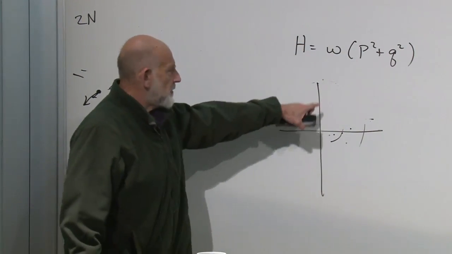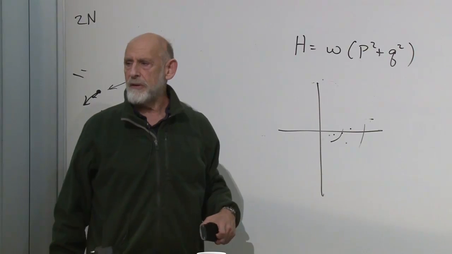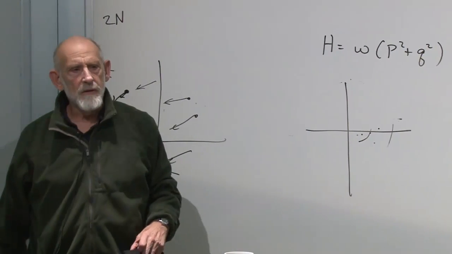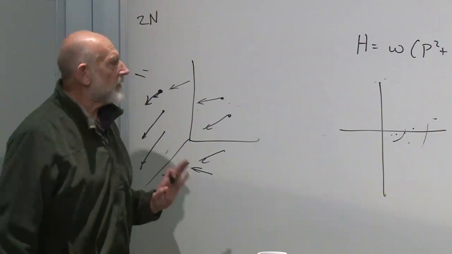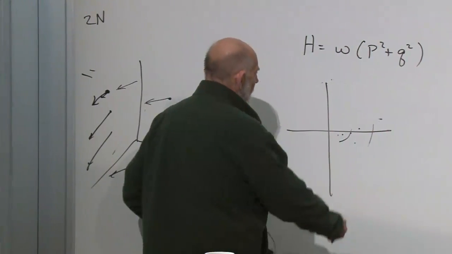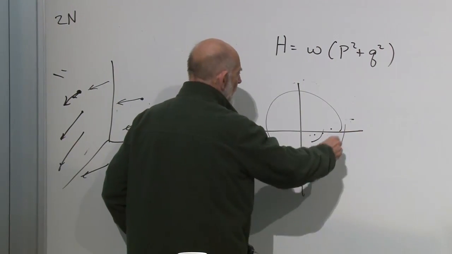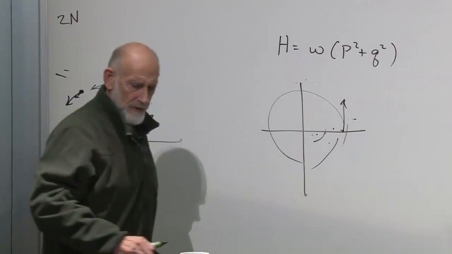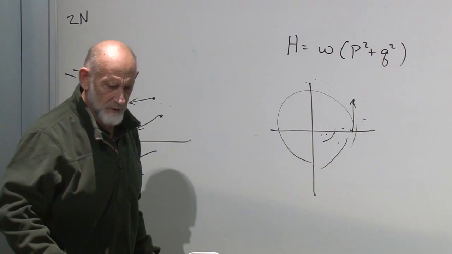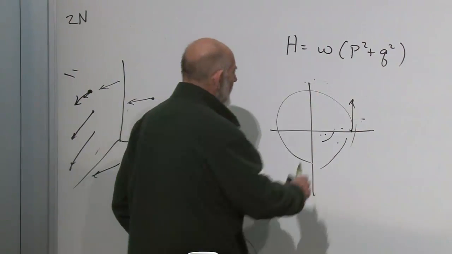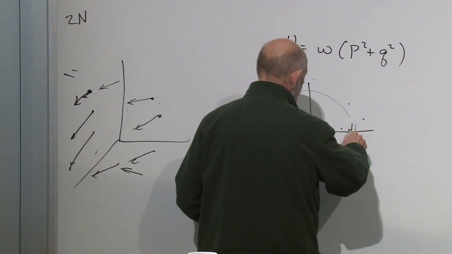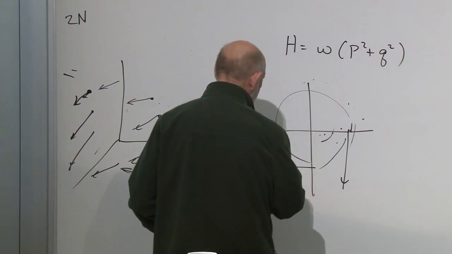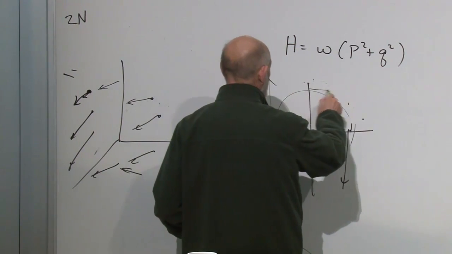Is the velocity the same at every point? The velocity is not the same at every point. Even at a fixed radius, the velocity is over here in this direction. Is it clockwise or counterclockwise? I told clockwise, isn't it? The velocity is this way here, this way here, this way here, and this way here.